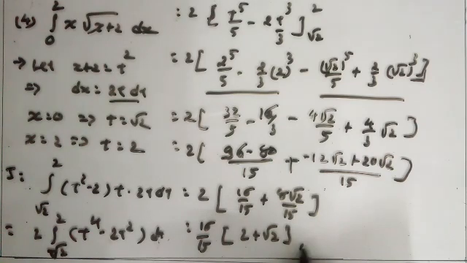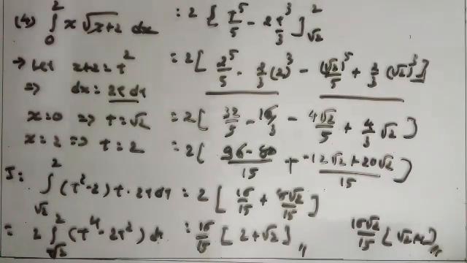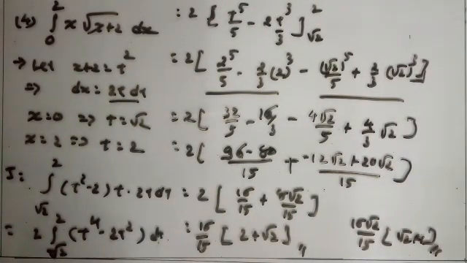Clear? Answer. Sometime you find this type of answer, root 2 take outside, so 16 root 2 upon 15, here becomes root 2 plus 1. Okay, 16 root 2 upon 15 into root 2 plus 1. This type of answer you also find. Clear? Now next question,